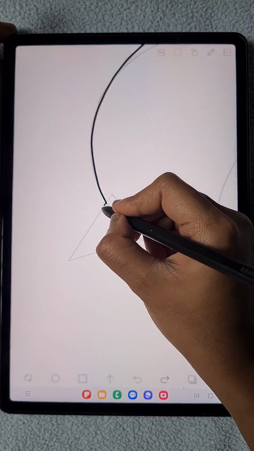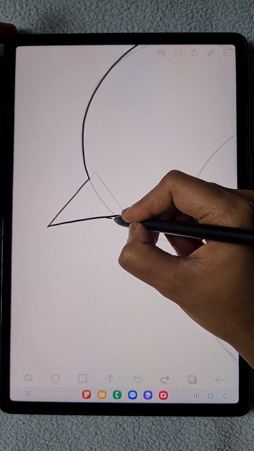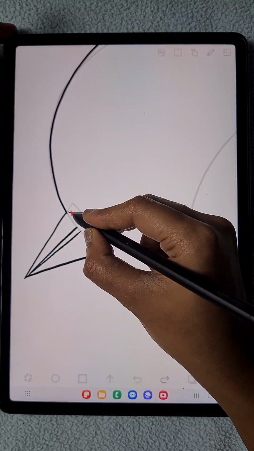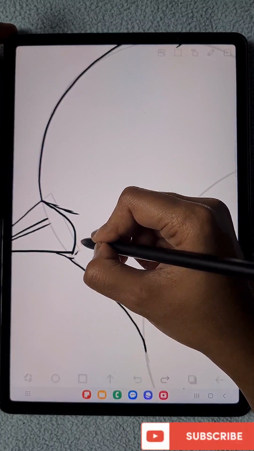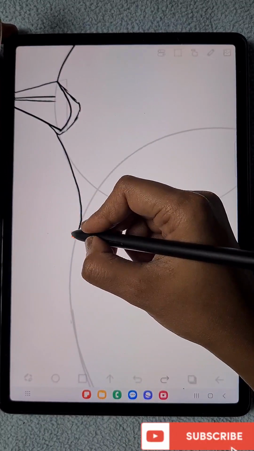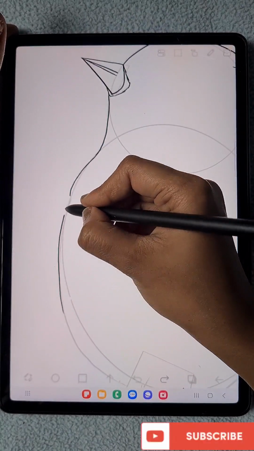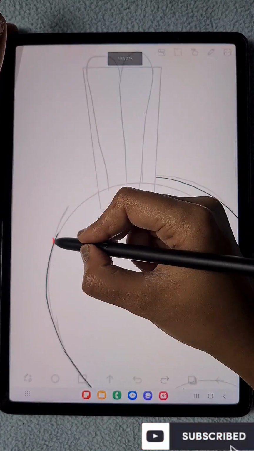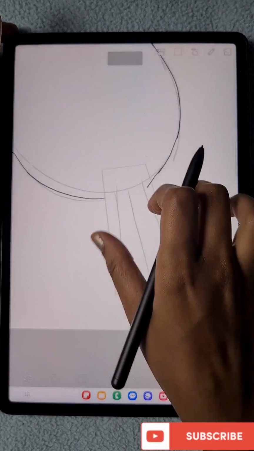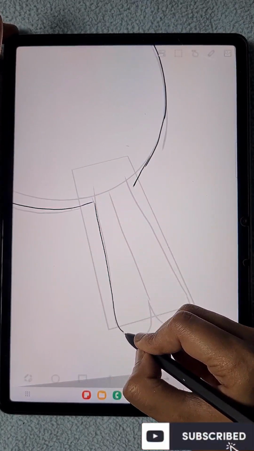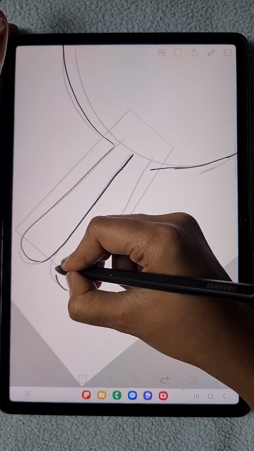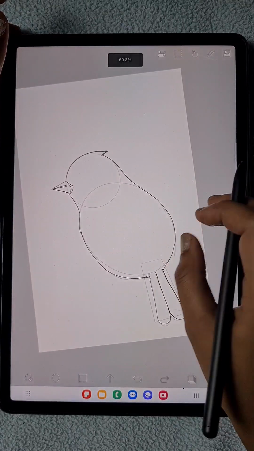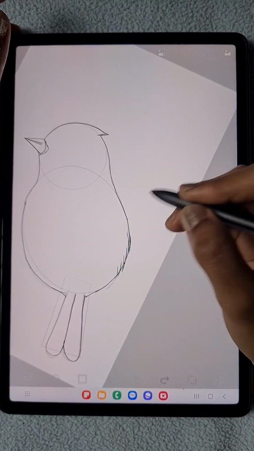Now I'm going to create the original sketch from this basic shape layer. Note that this basic sketch or the newly drawing sketch, whatever may be, it is not going to be visible in the final outcome. So don't worry if you make any variations or scribblings here and there. Don't worry about that because this is not going to be visible. And here I just try to make the shapes exactly as much as possible without making too much